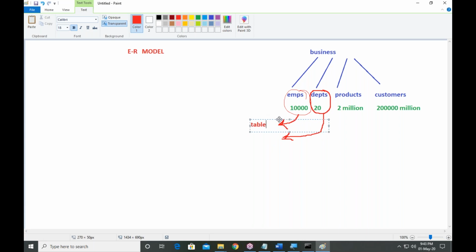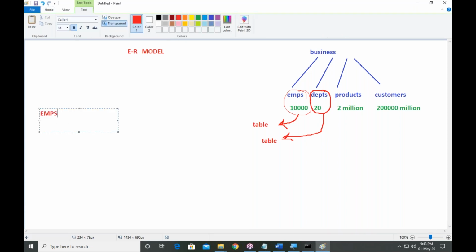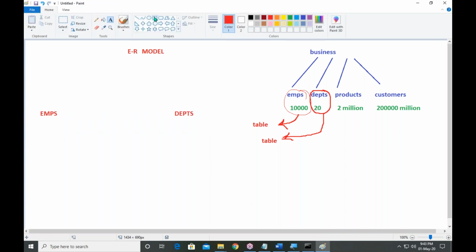And also to store department data, we need one more table. So what is the first table name? EMPS. And what is the second table name? DEPTS.